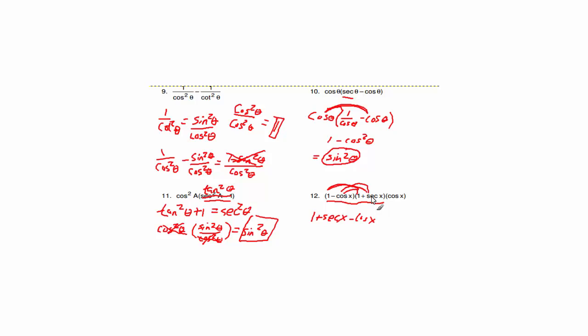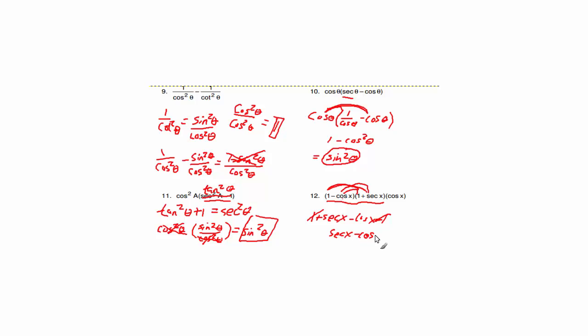Whenever you multiply cosine and secant, since they're reciprocals of each other, it's going to be 1. Whenever you multiply cosine by secant, it should be 1, but this one's negative, so this is a negative 1. This positive 1 and this negative 1 cancel each other out. So what I have now is secant x minus cosine x. That's what I have